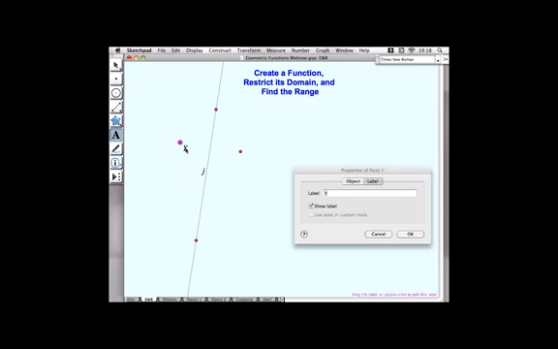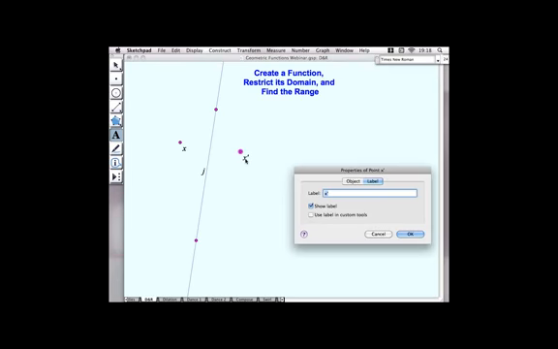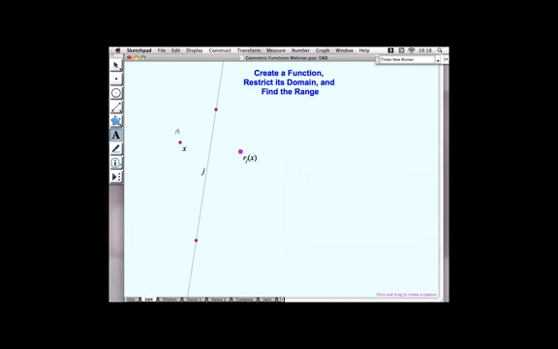We're going to identify the independent variable as point X. And students will then identify the dependent variable, not as x prime as we normally use in transformations, but as a function which is the reflection about mirror J of point X. So I'll click OK, and we've now used function notation to say this is a reflection about mirror J of point X,